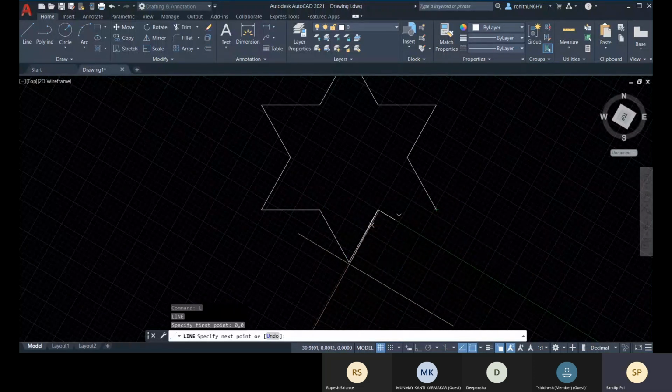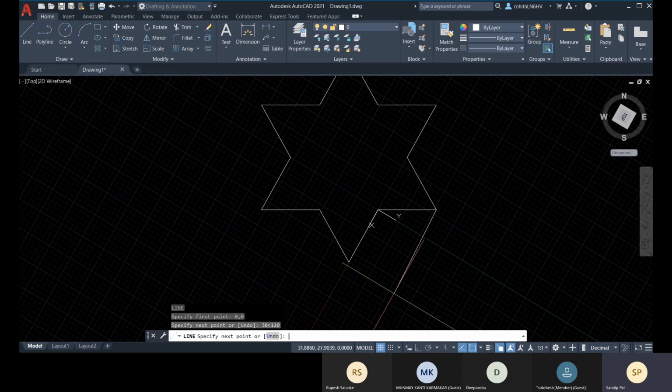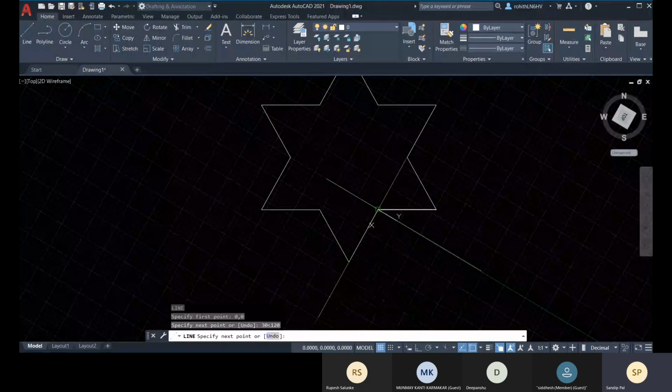If you put the positive value, it will go towards the anti-clockwise direction. So you don't have to put the at sign. The value is 30 less than, it will go towards 120. Enter, and there you can understand.